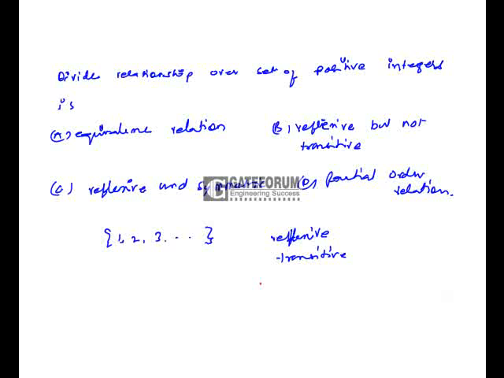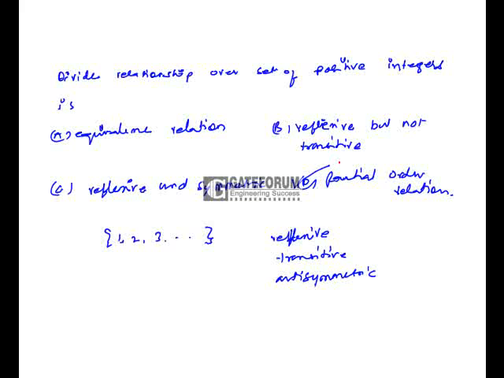Let us check if it is antisymmetric or not. What is the condition for antisymmetric? If x relates to y and y relates to x, then x should be equal to y. So here if x divides y and y divides x, then x and y should be the same. So this is antisymmetric. Whenever a relation is reflexive, transitive and antisymmetric, we can say that particular relation is a partial order relation,